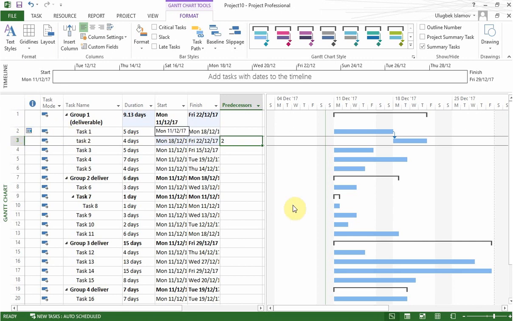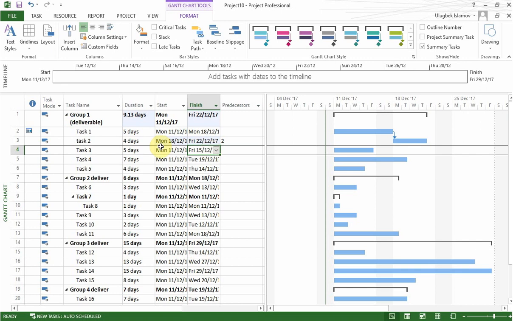So now if we take a look at our Gantt chart, we can see that there is a relationship here, finish to start, task 1 and task 2. So it automatically changes the old formation that we had. So now task 2 is starting later. Okay, so let's move on and put other